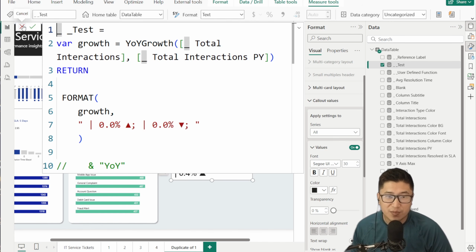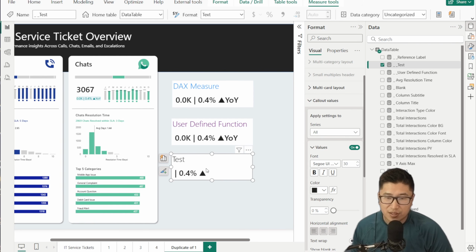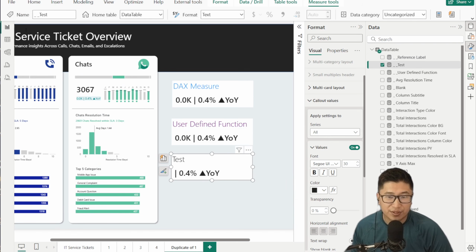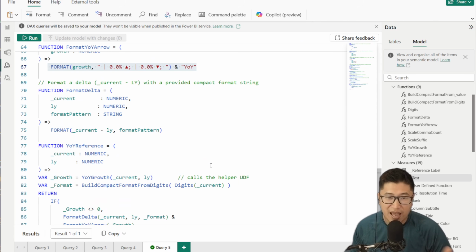And this is quite nice because here now you can see this is the secondary part. We can put back the year-over-year. That's the complete last part. And now all we need to do is, in another function, just add the last parts together. So we've got format delta where we're going to use the current value and the past year value, subtract those 2 items. And then the format pattern is going to be whatever format pattern we put into this